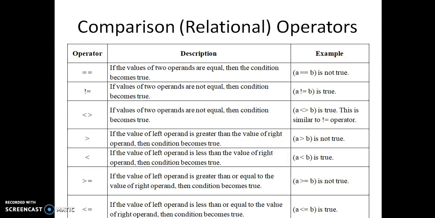Greater than or equals checks whether the first variable is greater than or equal to the second, and less than or equals checks whether the first variable is less than or equal to the second. These are all relational operators, whose output value is true or false.